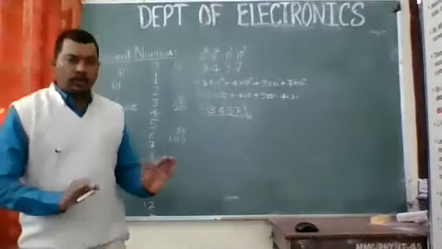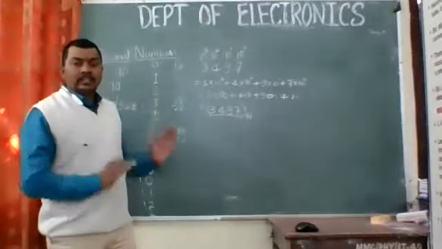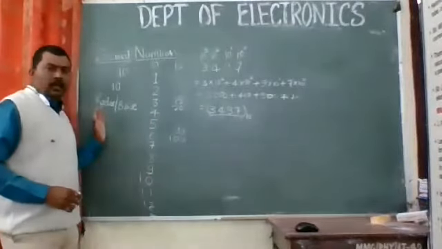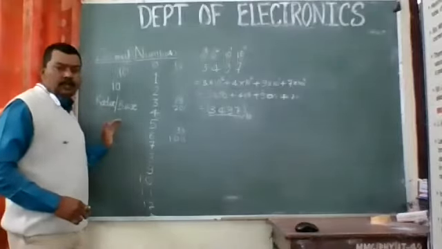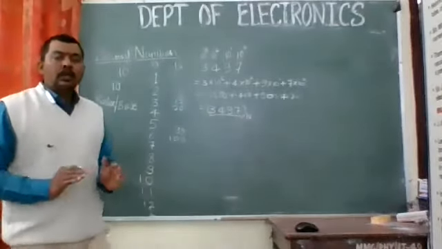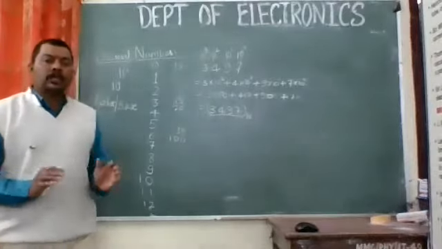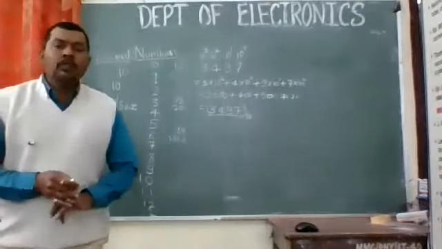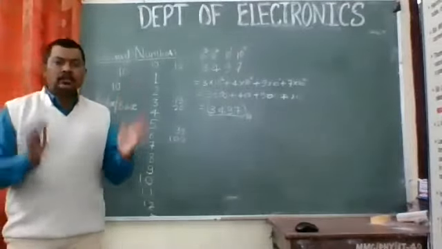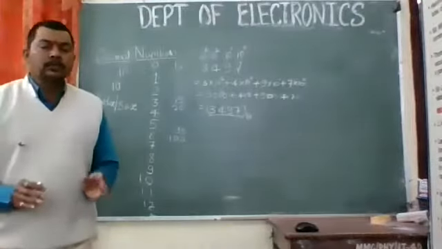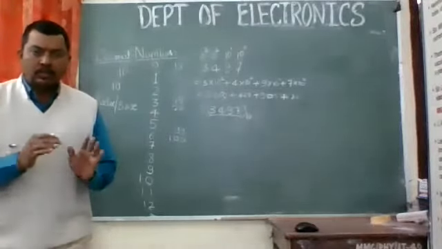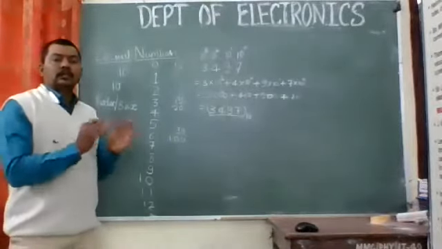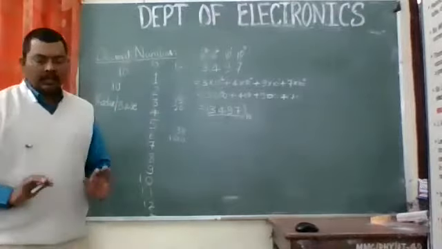I guess it is okay for now. This is all about the decimal number system. Now we have to study the other number systems. So I guess you have understood what is radix or base. Radix or base is nothing but the number of symbols that we are expecting to use in a number system. In the decimal number system, we use 10 symbols, and therefore it is called the decimal number system. So depending on the number of symbols we use, we call that system by that particular name, right?